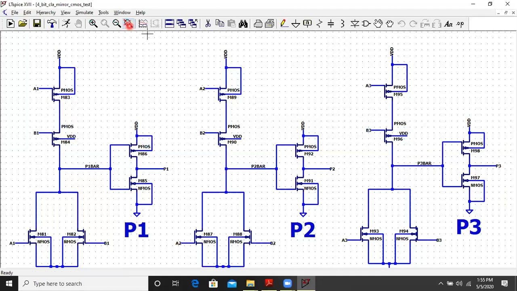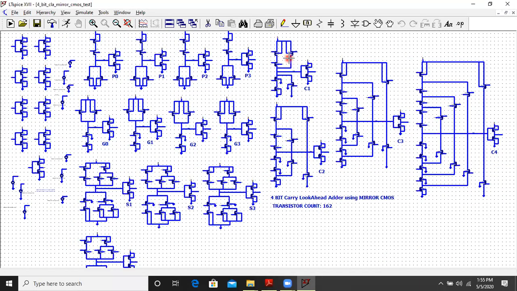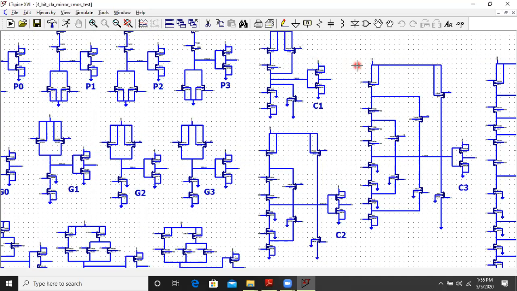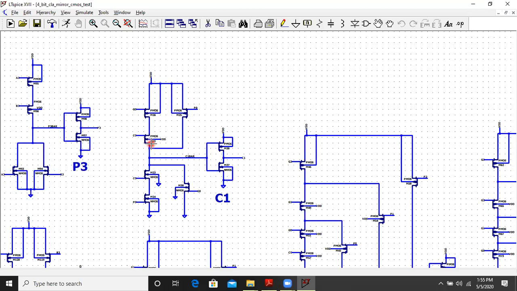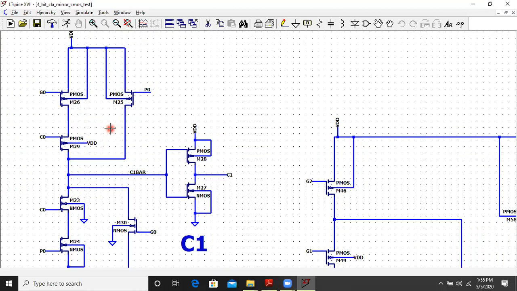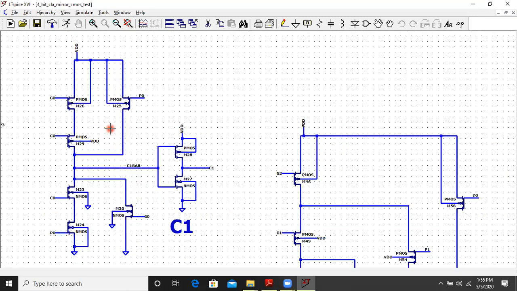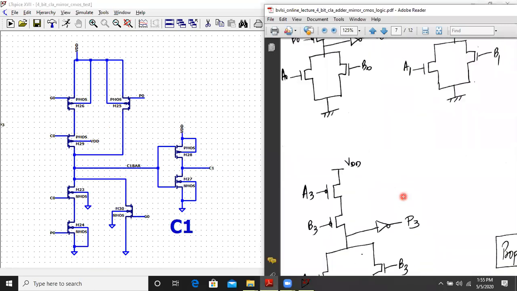Next, we'll zoom out and concentrate on the carry blocks. So let me show you the block for C1. And now let me show you the design, whatever we have done here.